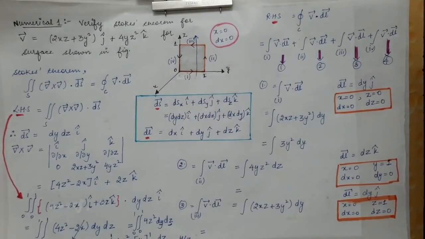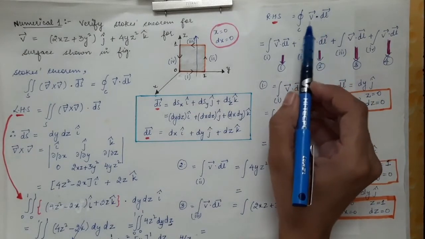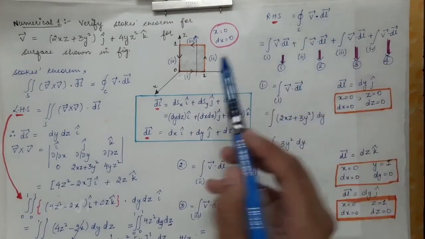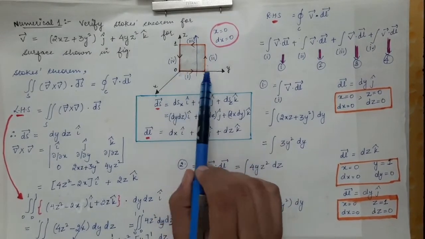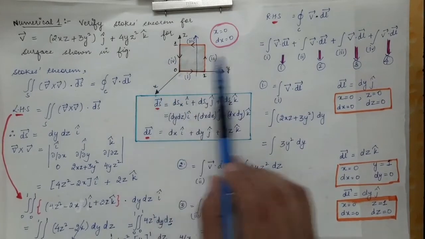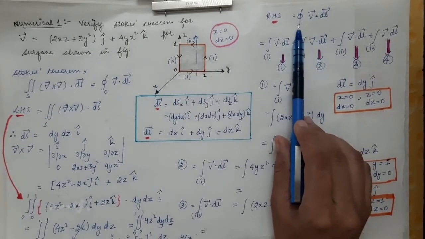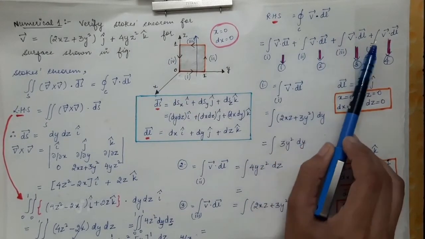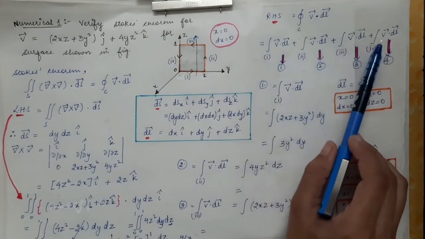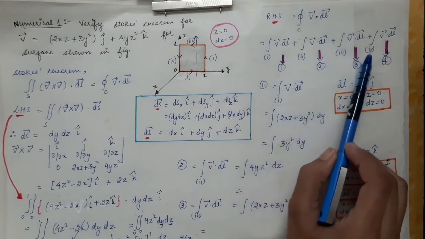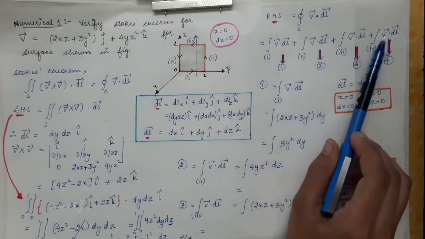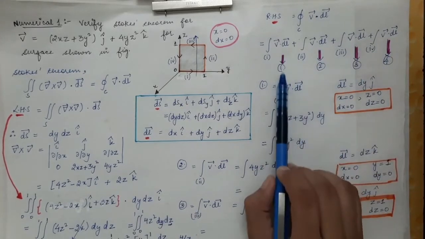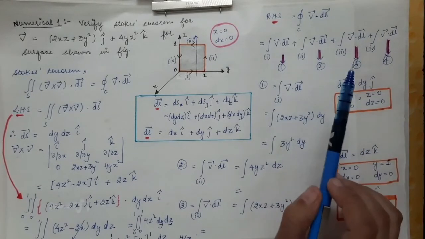Fourth path. So we are doing the integration over the boundary, the line integral over the boundary. Now we have divided the closed boundary into open paths, into 4 open paths: 1, 2, 3 and 4. So we have divided this closed line integral into 4 open line integrals. This is over the first path, this is over the second path, this is over the third path, this is over the fourth path. So we have to evaluate all these line integrals one by one.